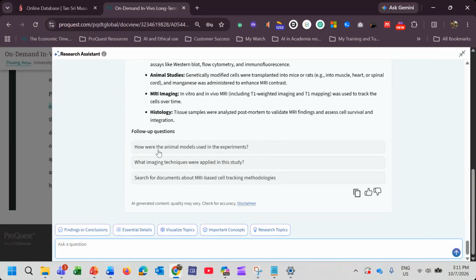Okay, so you want to ask, how was the animal model used in the experiment?